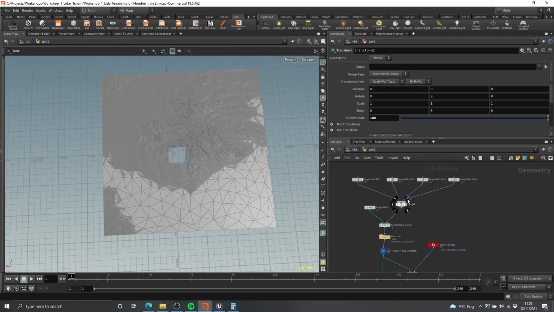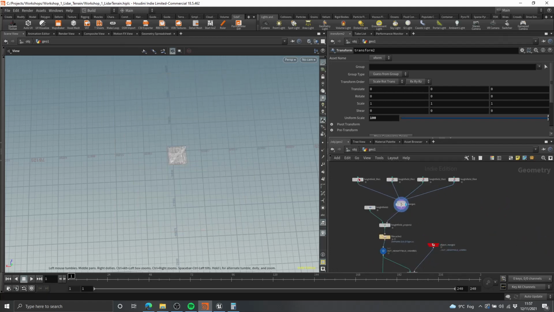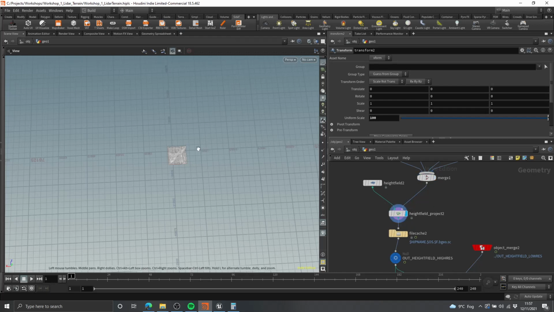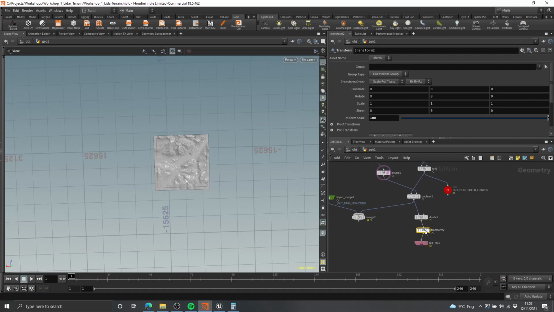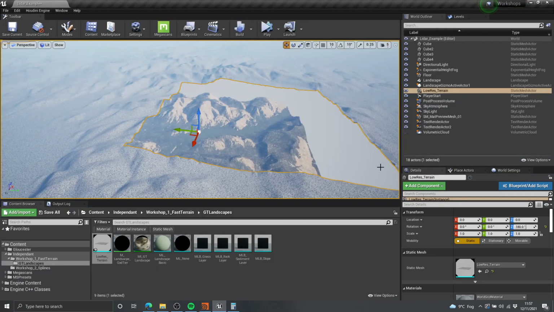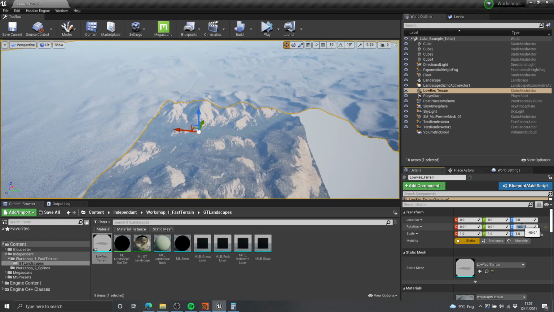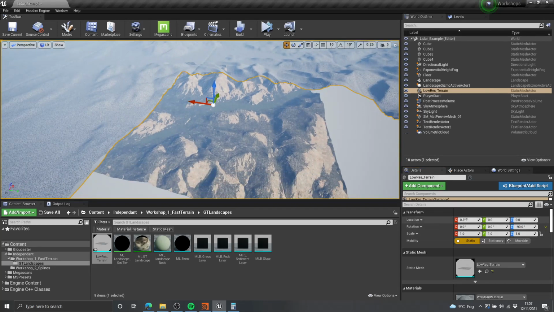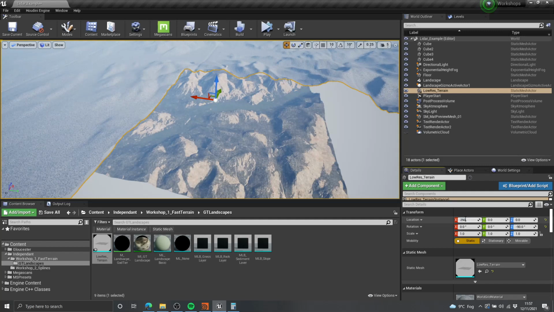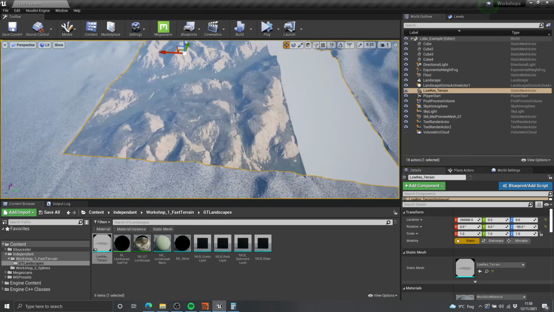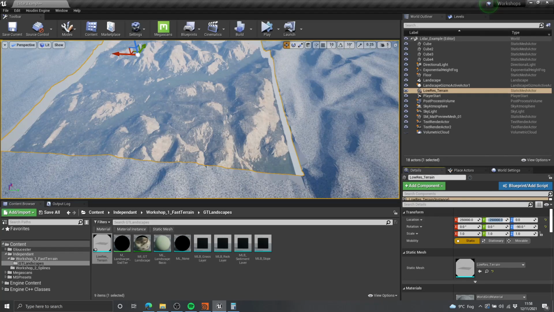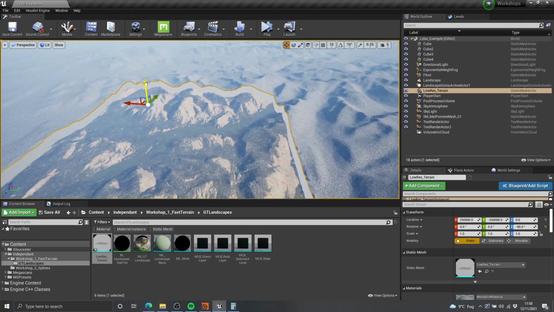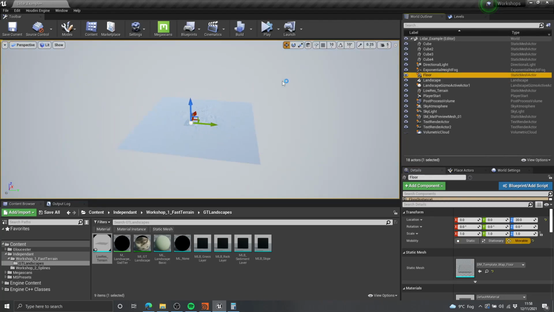Okay, so the reason why that's not perfectly centered is because if we have a little look at the height field inside of Houdini, you can see that we haven't actually got this height field centered. So we've offset this to compensate for that. So we just need to offset it in the correct direction, and it's going to be a fixed amount. Let's try 25,000 or 50,000 or 250,000. So there we go. It's 250,000, and it's the opposite in the Y, so minus 250,000 there, and then we need to manually drag it up and down in the Z-axis until